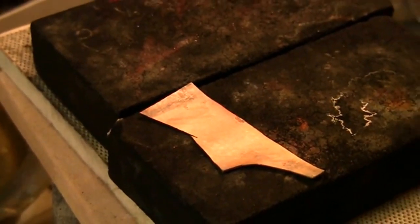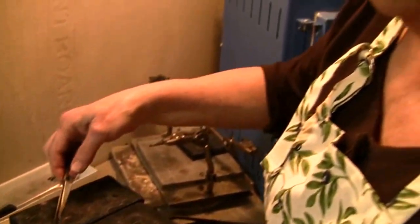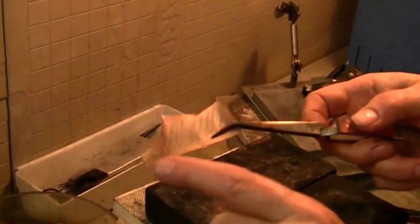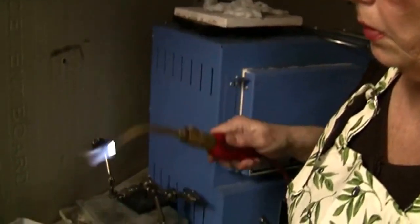You don't want to over anneal your metal. You can damage it. It can become brittle. So even though you can see the shadow of the ink is not really there anymore, okay? So that's completed. Another way to check to see if a piece of silver is annealed is to watch for